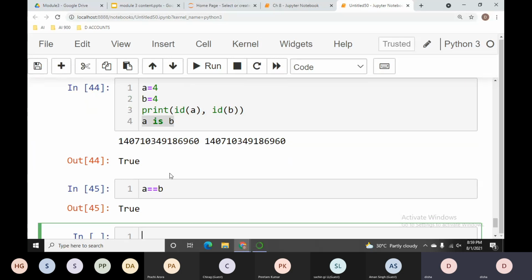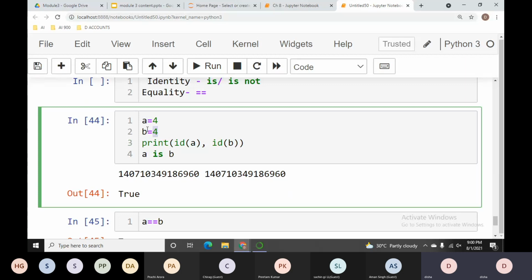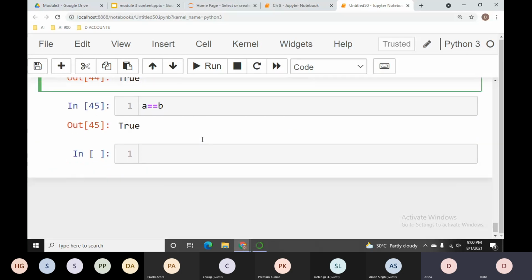So when I'm using the equality operator, I'm comparing only the values. When I'm talking about the identity operator, I'm talking about identities or memory addresses. And there are only two of these: is or is not. That was the case of integer numbers, where the identity is the same. That's why we got that result.